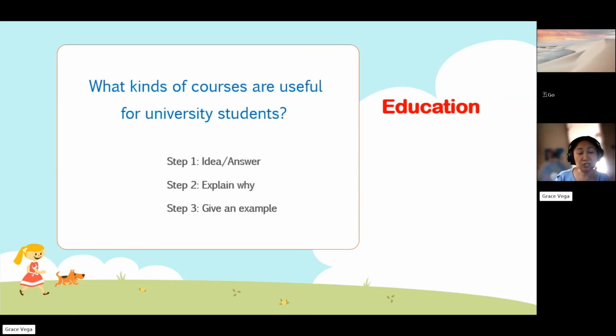So you're only 14 years old, Daisy, right? Yes. You're a teenager. And soon, when you reach maybe 18 or 19 years old, you'll be going to college, to the university. So what do you think are the courses that are useful for university students? I think